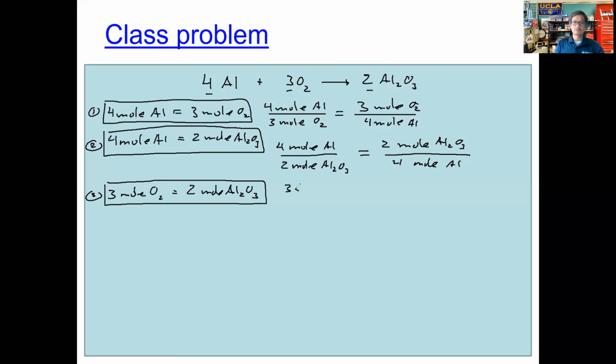That'll be then 3 moles of oxygen over 2 moles of aluminum oxide. Take the reciprocal of that fraction, 2 moles of aluminum oxide over 3 moles of oxygen. And again, those two equal to one another. Now, as you move forward with these problems here, folks, you do not have to write all of these out. You just have to make sure you pick the correct one. Again, you don't even have to write out all these. You have to just make sure you pick which one of these 6